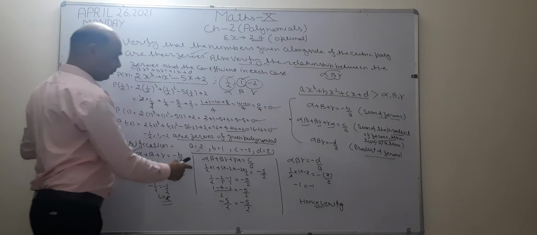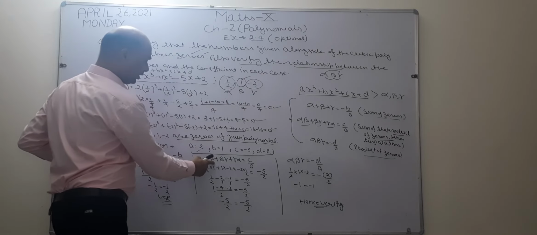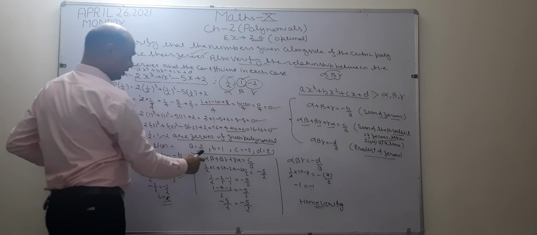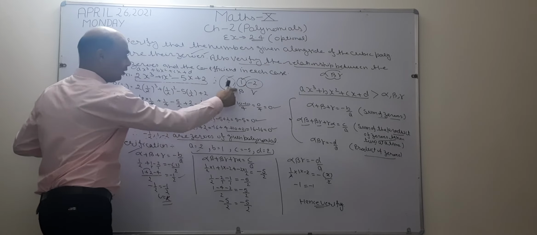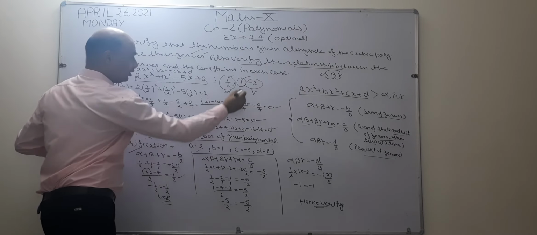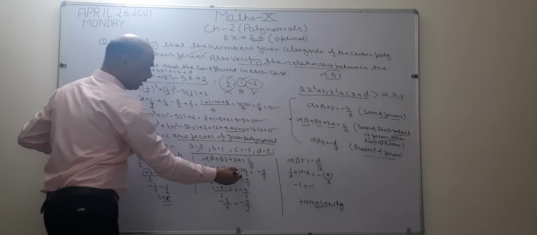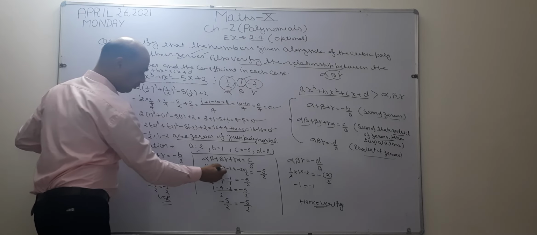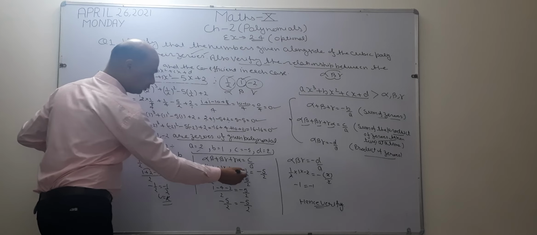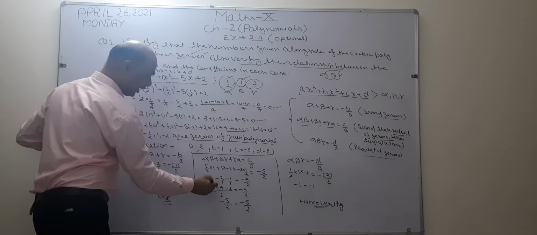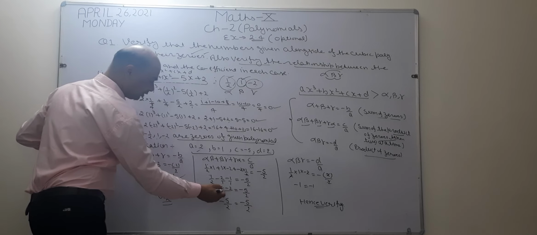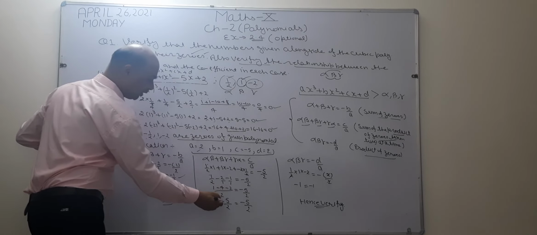After that, what is next? Sum of the products taking 2 at a time. The formula is written: alpha beta, beta gamma, gamma alpha, equals c by a. Now what is the value of alpha? 1 by 2, beta 1, right here beta 1, gamma minus 2, again gamma minus 2, and alpha is 1 by 2. Now see, 1 1s are 1 and 2 remains the same, plus minus minus 2, and this one is cancelled, 2 1s are 2, what is left? Minus 1. I take the LCM of 2, 1 and 2, 2 is the LCM, 2 is cancelled, only 1 is left. Now this becomes 2 2s are 4 and 2 1s are 2. Now see here, minus minus plus, minus 6 plus 1 becomes minus 5 by 2.